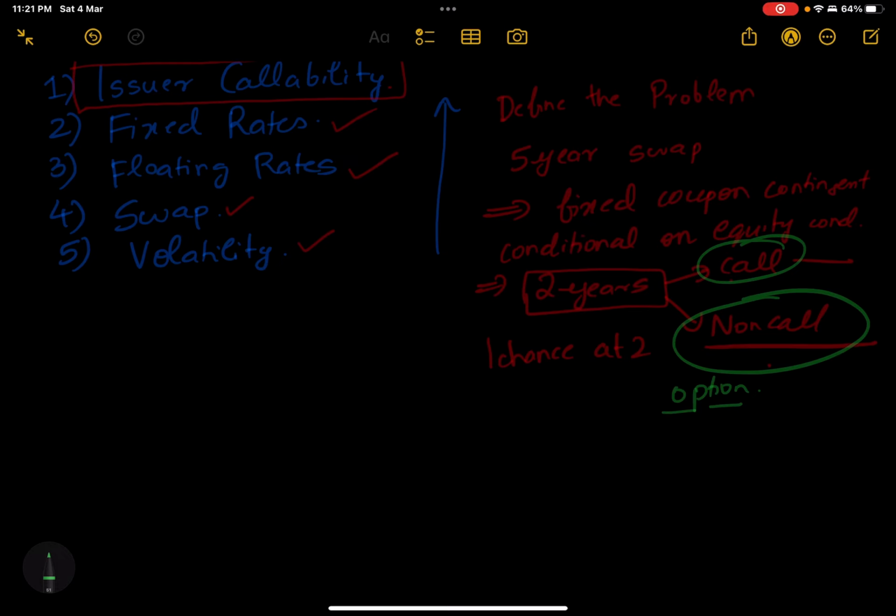Yeah, I will call the structure or I will not call the structure. And just to keep it simple, make it only callable at 2 years. This structure is pretty standard actually, which is priced, and how it all relates to fixed rate, floating rate, swap, volatility. Actually, to be fair, it should not be swaps, it should have been swaptions. I forgot. Okay, so anyway,